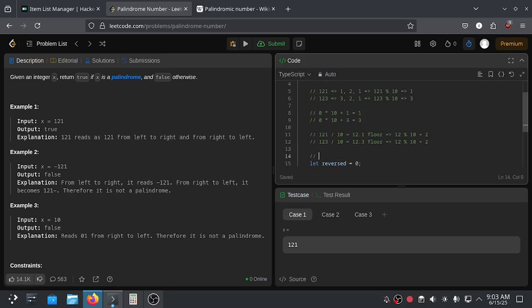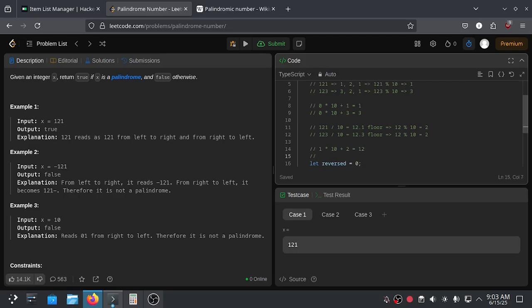We can store it as last digit. For 1 2 1, we use the last digit from the first iteration, which is 1, times 10, plus 2, and then we got 12.